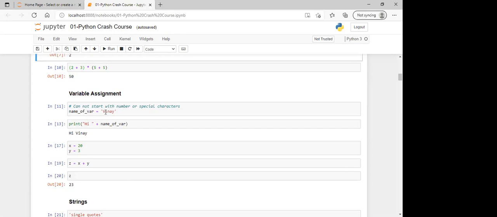You can define it in just one line, right hand robot, or you can use underscore as a space, because your variable name cannot contain space, right? If you have written name space of space where is equal to 20 is equal to Vinay, it will throw an error. So the variable name should not contain any space. It should not start with a number. So there are some rules that should be followed.